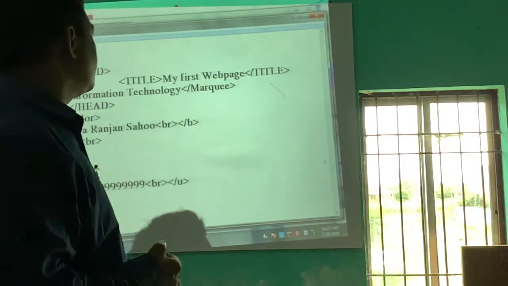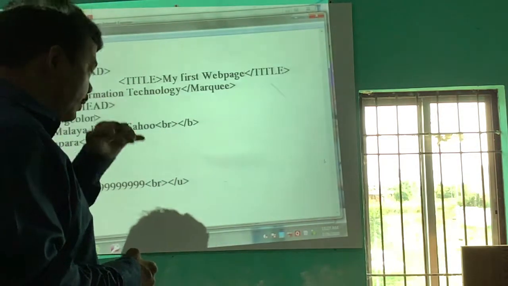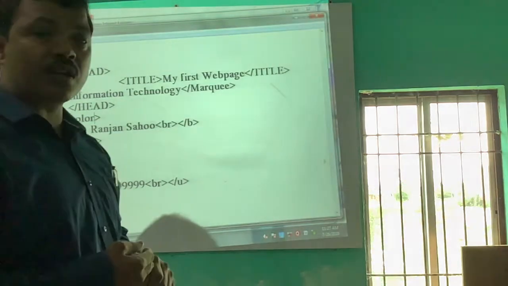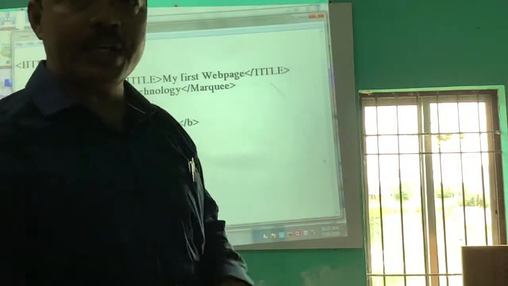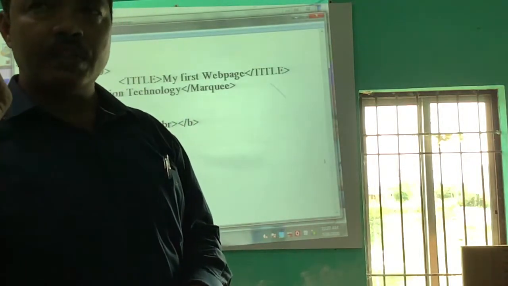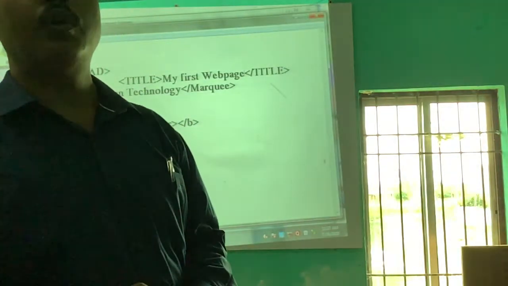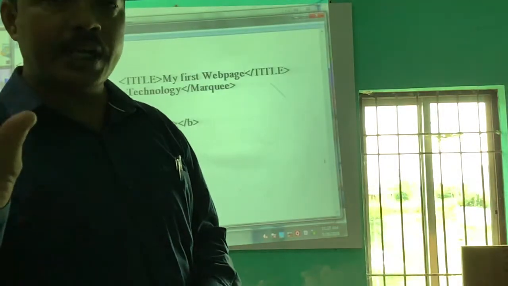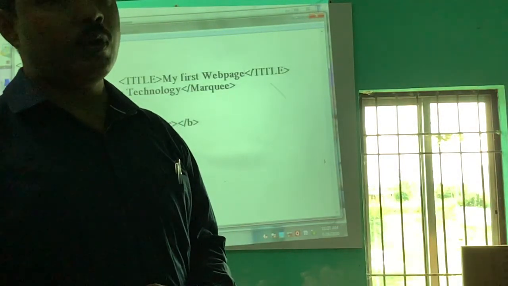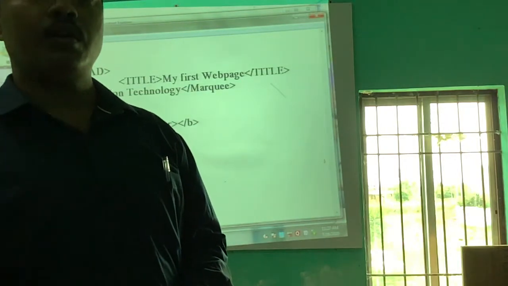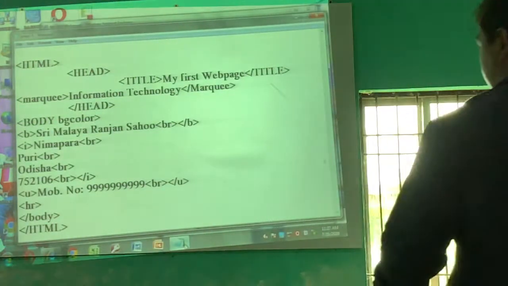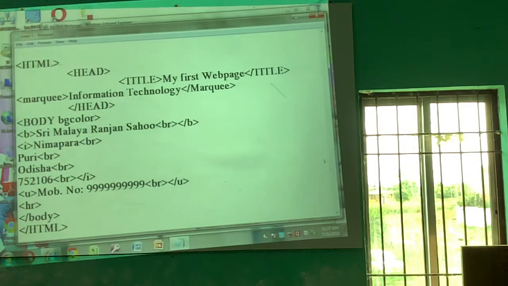So type the attribute BG color in the body tag, and give its value within quotation marks: red, yellow, blue, whatever it may be, but it must be a valid color combination. So BG means background.